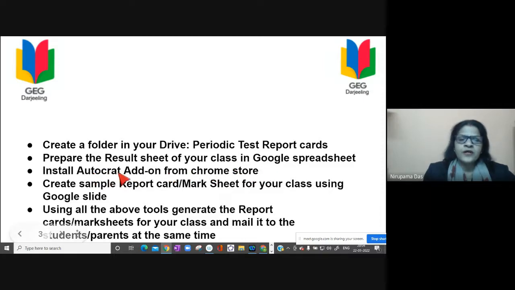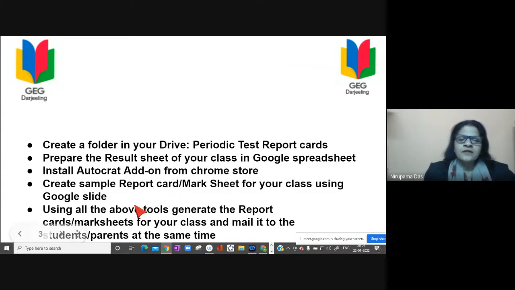This Autocrat add-on will work with Google Spreadsheet only. Next step, create a sample report card or mark sheet for your class using Google Slides. Basically, various schools have different streams and classes as per your requirement. You can create the report card and customize it.